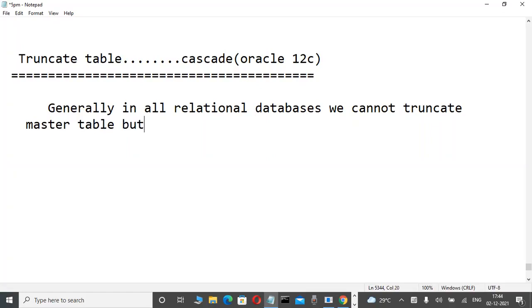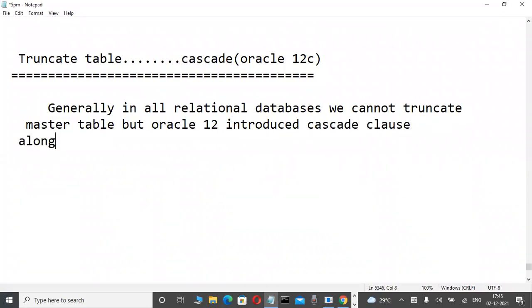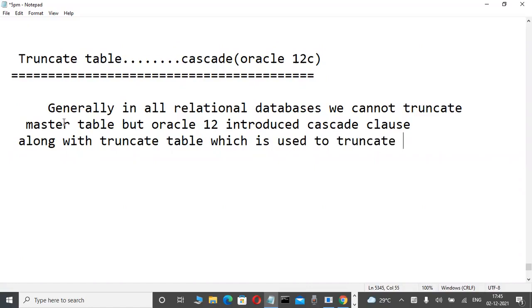But Oracle introduced the cascade clause along with truncate table, which is used to truncate a master table,